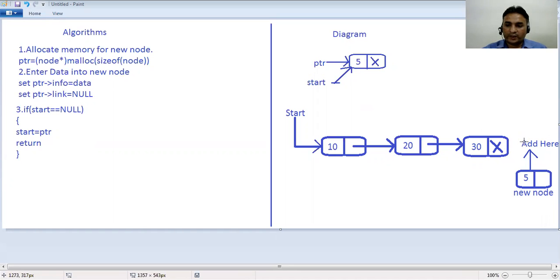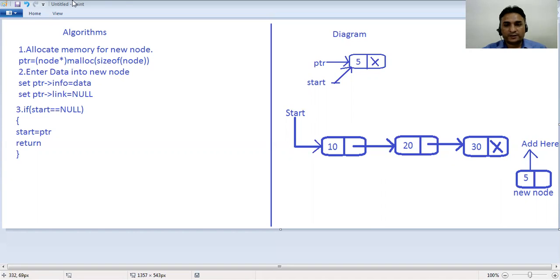For this purpose we have to visit the first node, second node, and reach the last node. From the first node we have to store the address of the last node in another variable, so we can easily add our newly created node at last position.